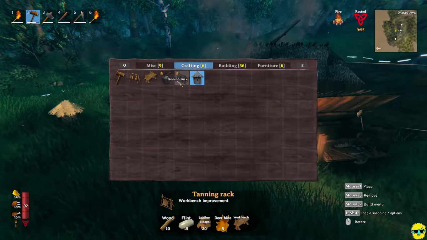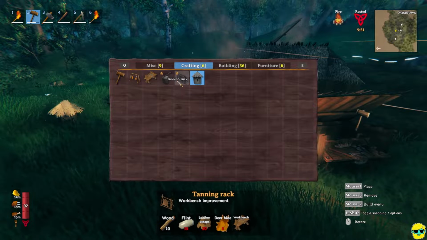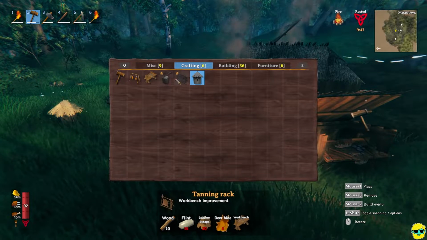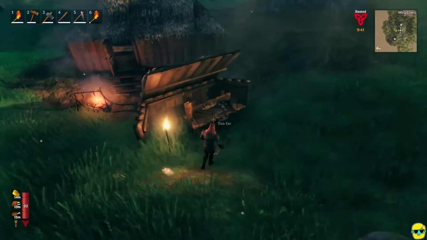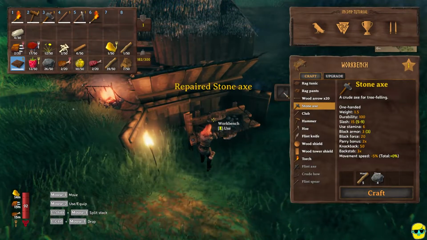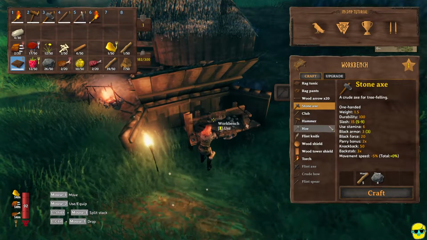So we definitely want to build these, but you can see, for example, they take a ton of leather for the tanning rack and a ton of flint for the chopping block. In fact, the tanning rack takes even more flint. So, like I said, we're going to need a lot of flint. And then if I come over here to the workbench, first of all, best practice, just repair all your stuff. And then you'll see that we can build